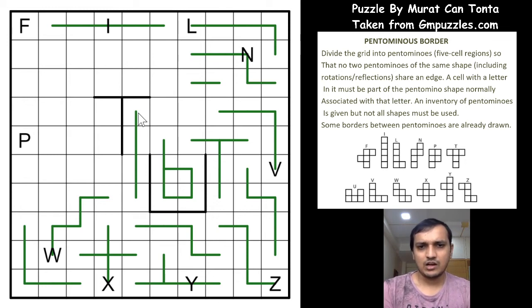And the logic which I said here: if you have 4 cells inside one of the groups of cells and the 5th cell has only one way to go, if you see this one, there are 4 cells, 1 2 3 4 inside, and the 5th cell is this. So all these 5 cells will form a P, right? So you have 2 P's adjacent to each other. That means one of these 4 cells will be part of a different pentomino, and that is only this pentomino. So we form an L here, and this has to go this way, right?